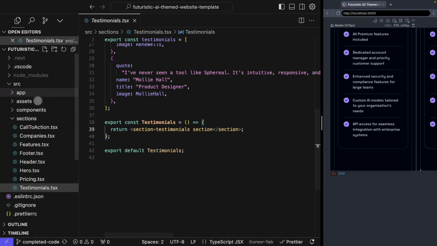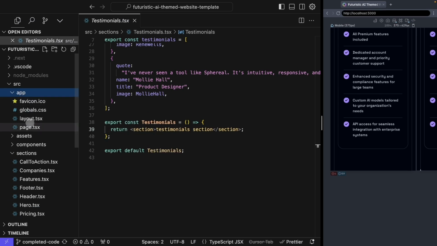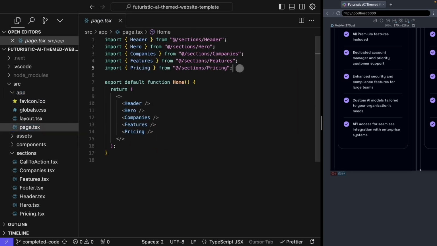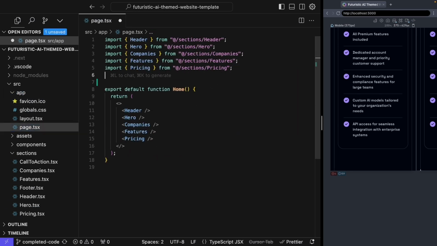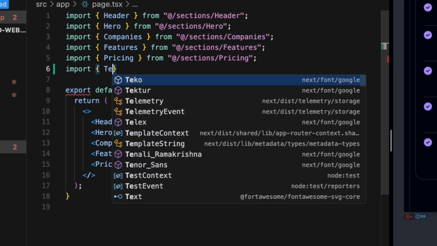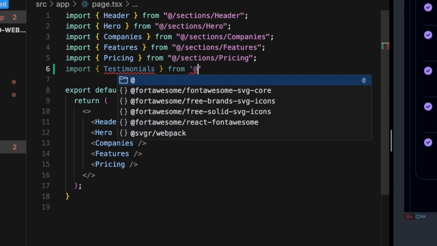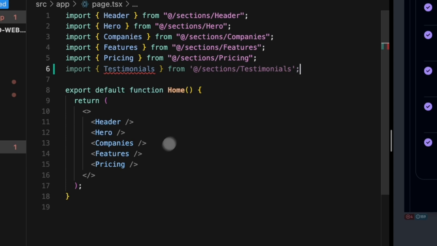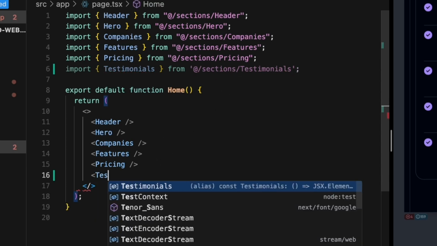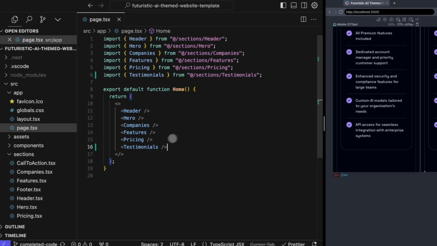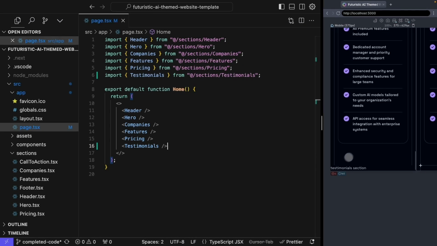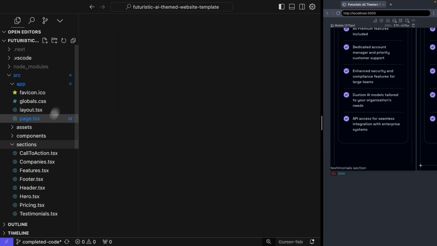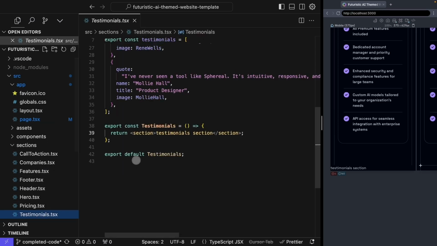So in order to link that up to our page, let's come into our app/page.tsx, and then we can import that like we've done with our other sections. So we'll import testimonials from @/sections/testimonials. And then after we've done that, we should be able to drop our testimonials section at the bottom of our page. And as soon as we hit save, we should see the words testimonials section at the bottom of our page, which we do, which means we can close out our page.tsx,